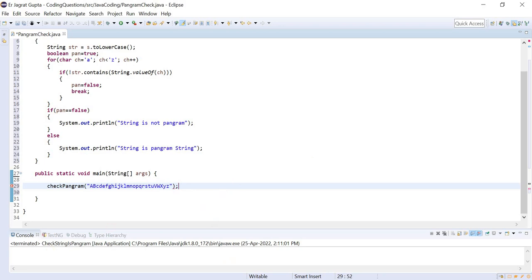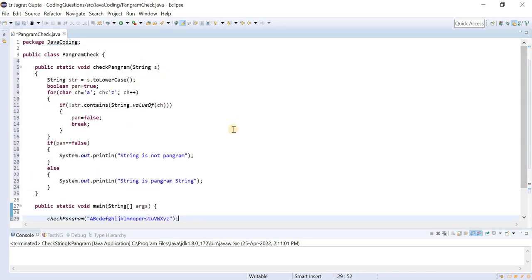In this we can check whether this particular string is a pangram string or not. Let me cross check again: A, B, C, D, E, F, G, H, I, J, K, L, M, N, O, P, Q, R, S, T, U, V, W, X, Y, Z. Okay, fine. So the output should be that the string is a pangram string.